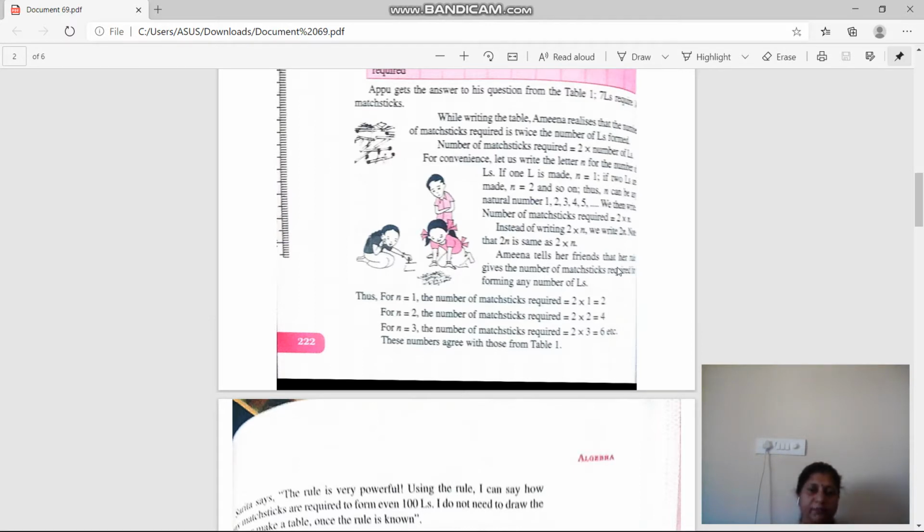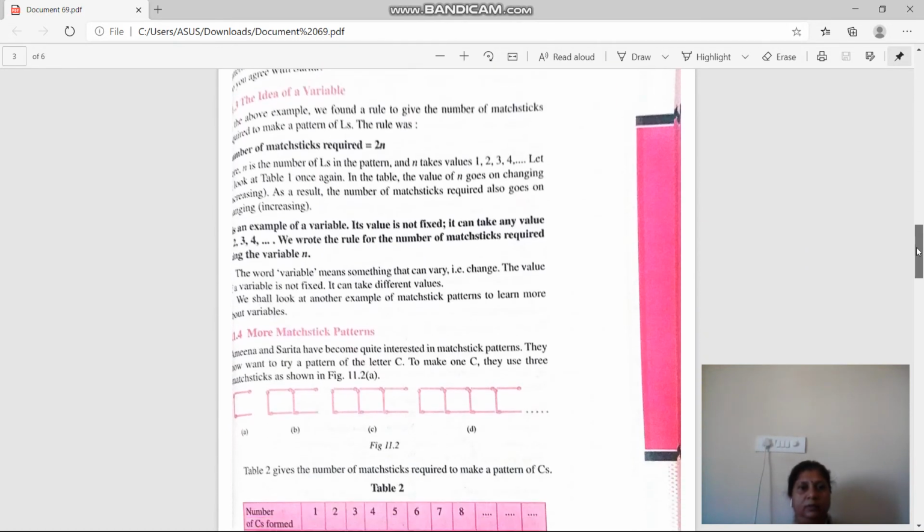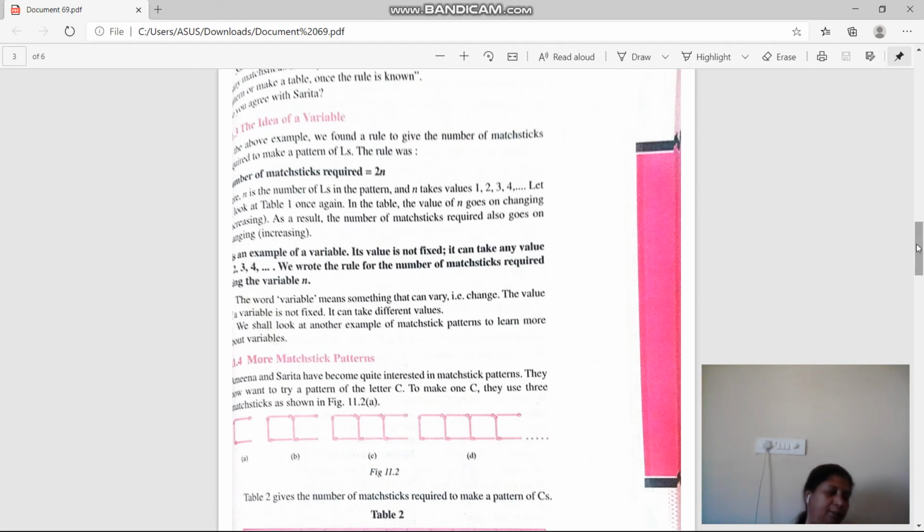Get it? It is just an example of how we can use a letter in a formula, or we can say in rules. Okay, now the second topic is the idea of variables. Okay, in the above example we